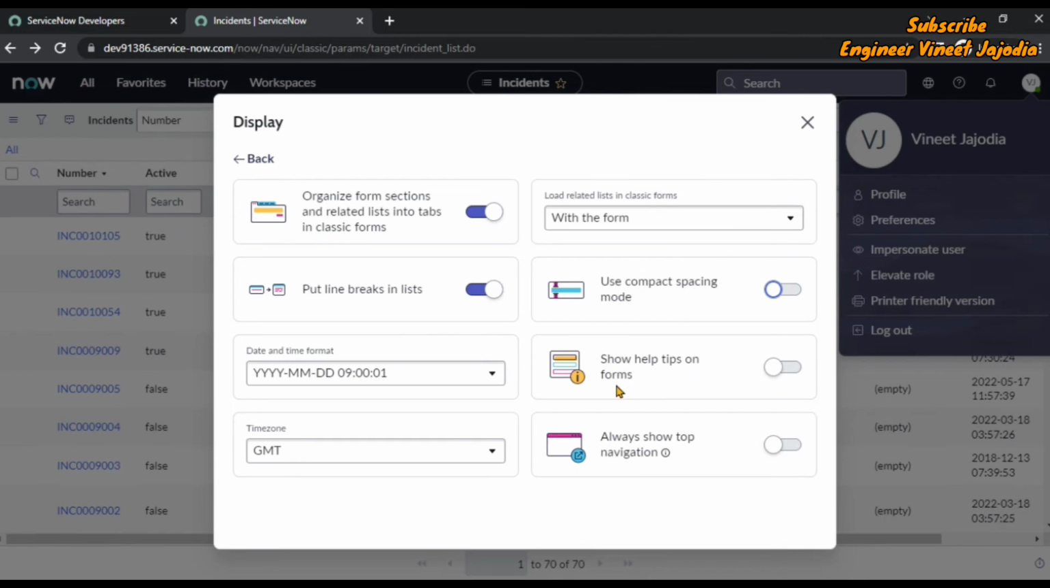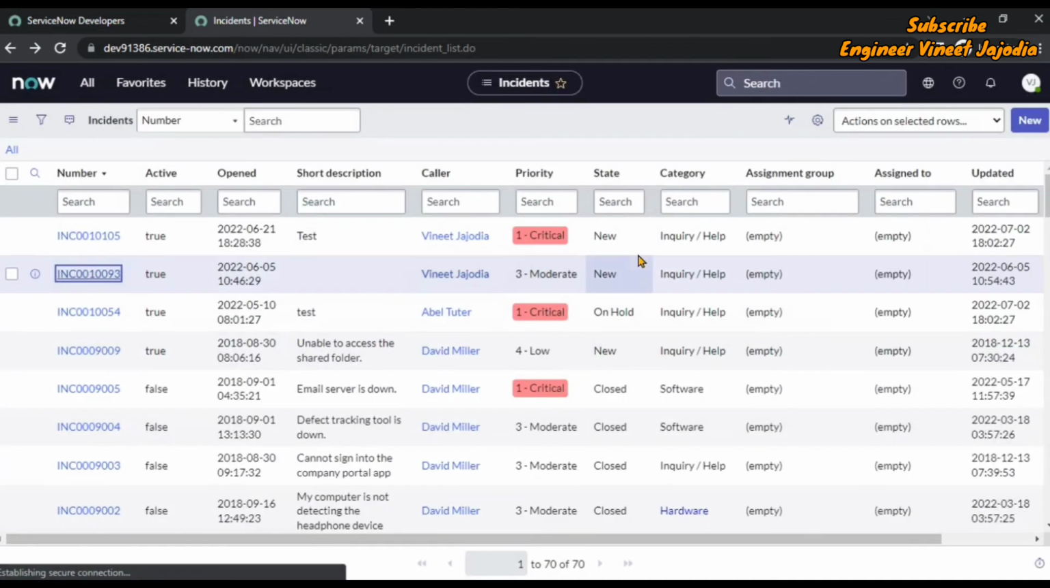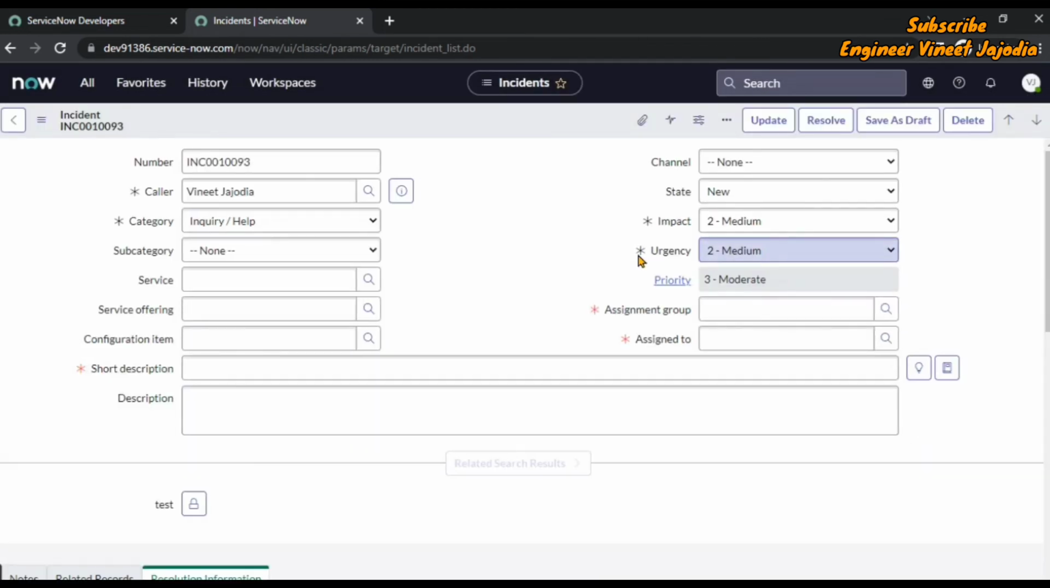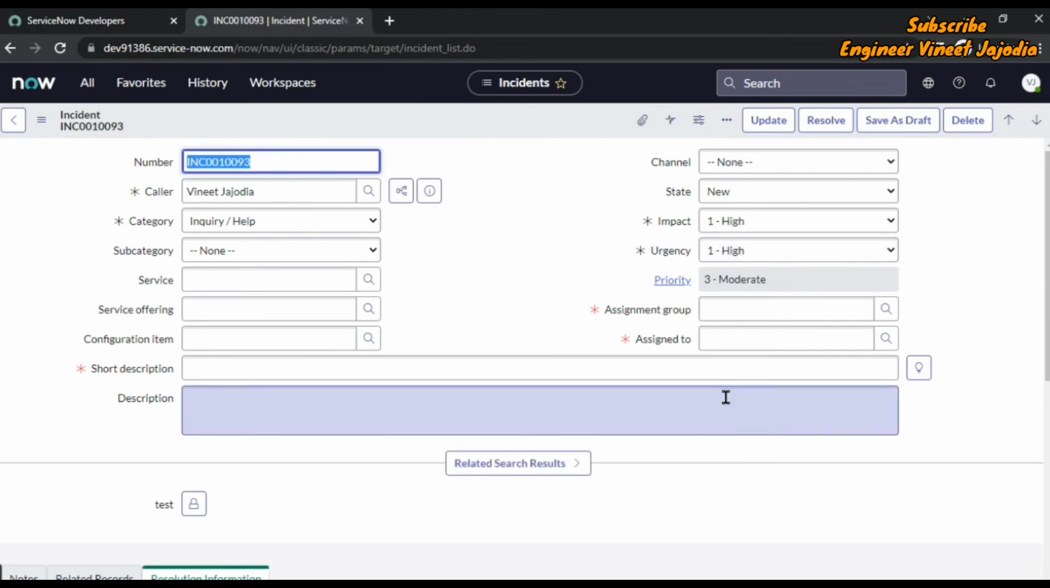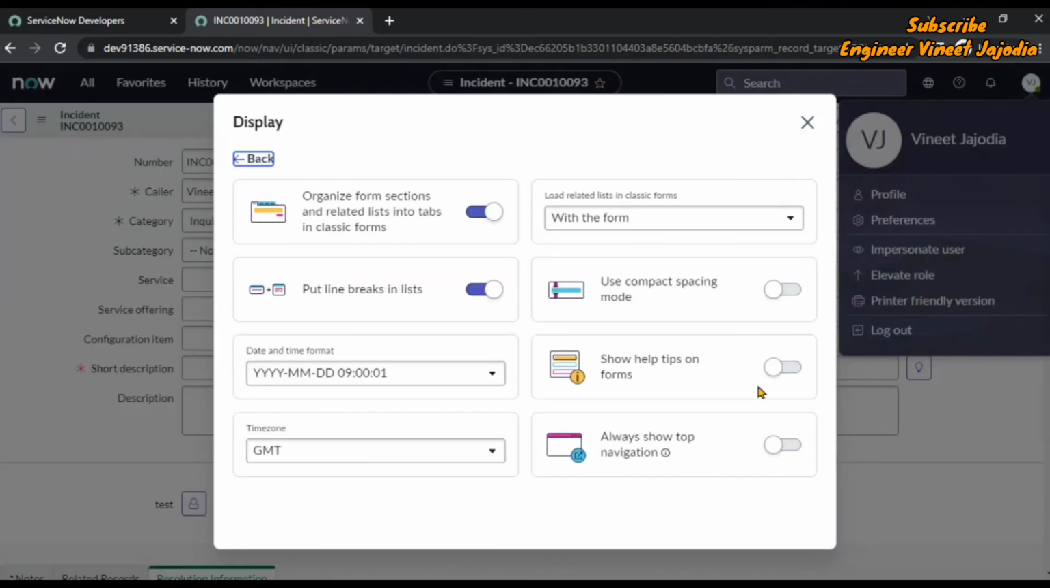So if a field has a help, then that particular eye icon will always appear if we enable it. For example, if we open the incident form, you can see right now there is no eye icon available. But if you want to display the eye icon so that the user can get the information of that particular field on the form, then you can go to the preferences, go to the display settings, and just enable this